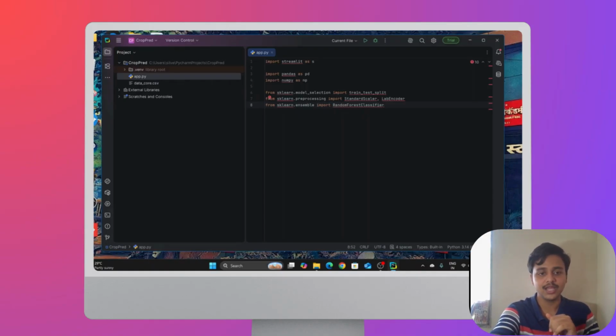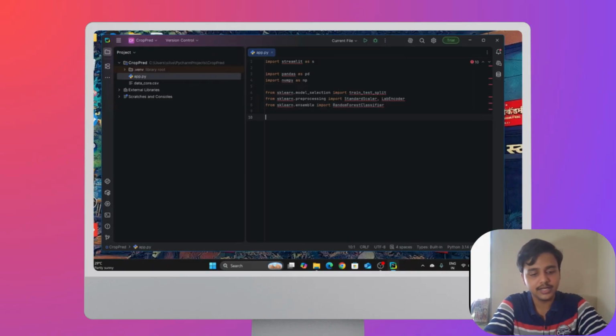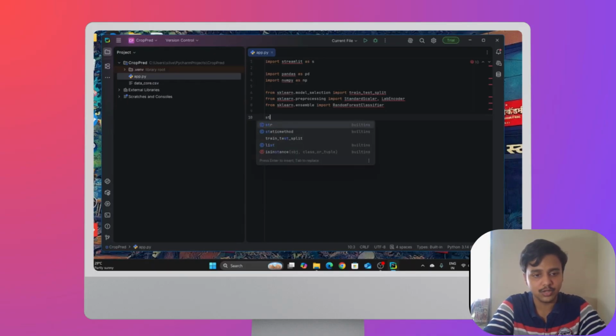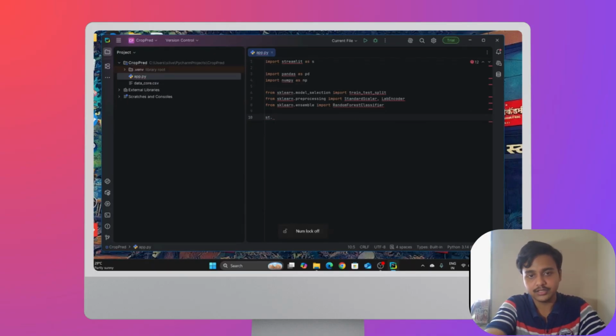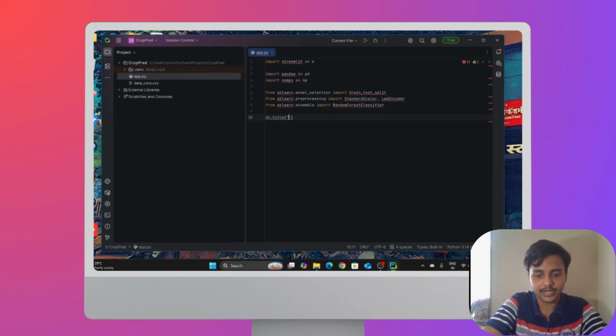Now we have to set the config page. To set it, I need to use the Streamlit library. So st.title. In the title, I am going to write Crop Prediction System.